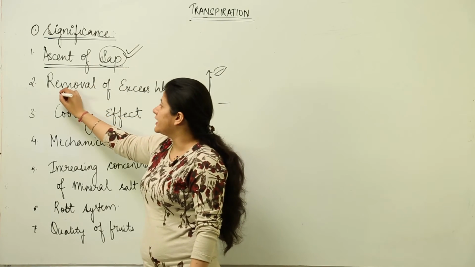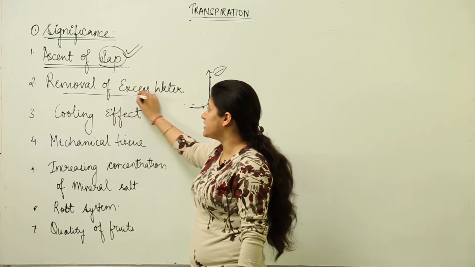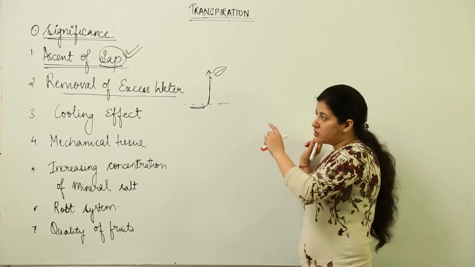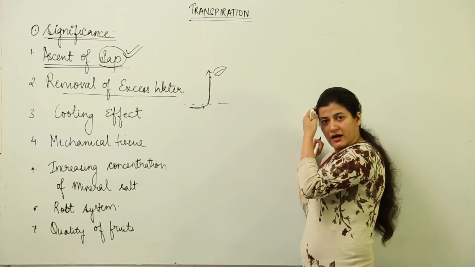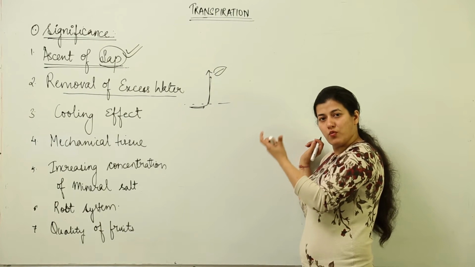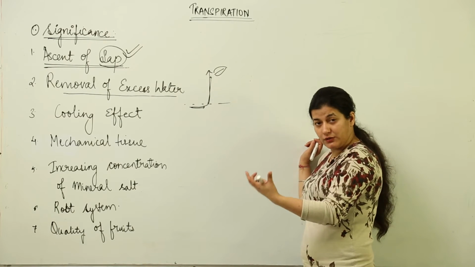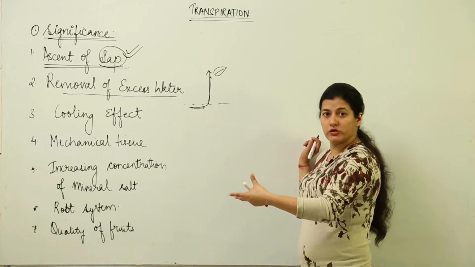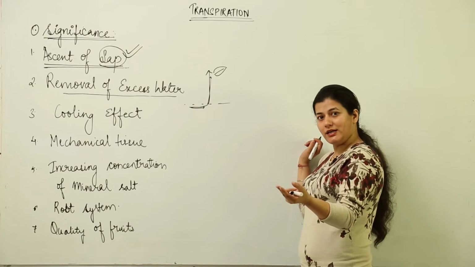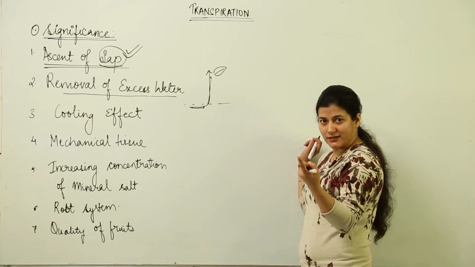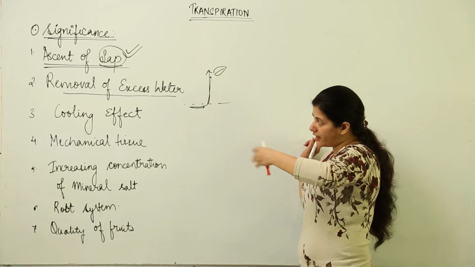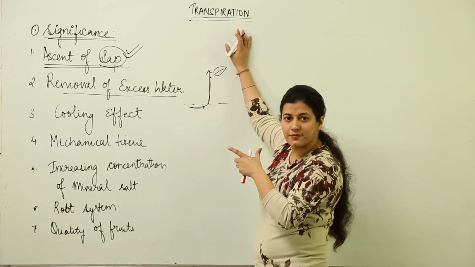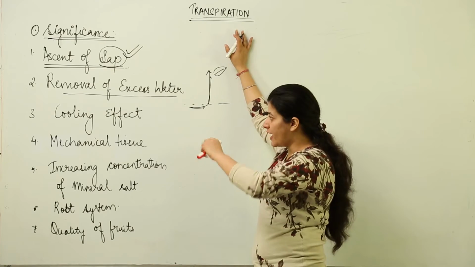Now, secondly, as I told you earlier, as much as 99% of the water is being lost into the atmosphere. So we get an idea that plants usually absorb much more water than what is required, because ultimately they use less than 1% of the water that they absorb. So how is that excess water to be gotten rid of? That is by the process of transpiration, which easily loses it to the atmosphere.